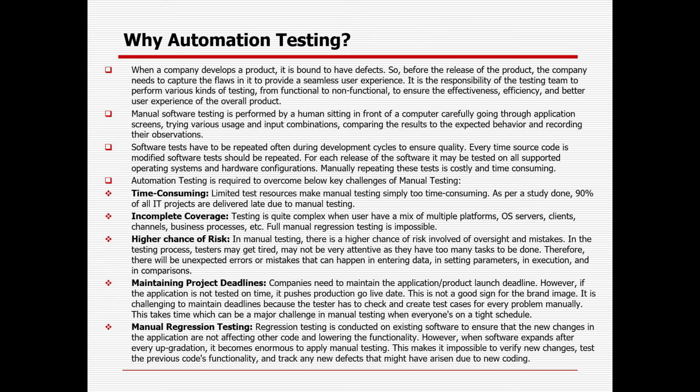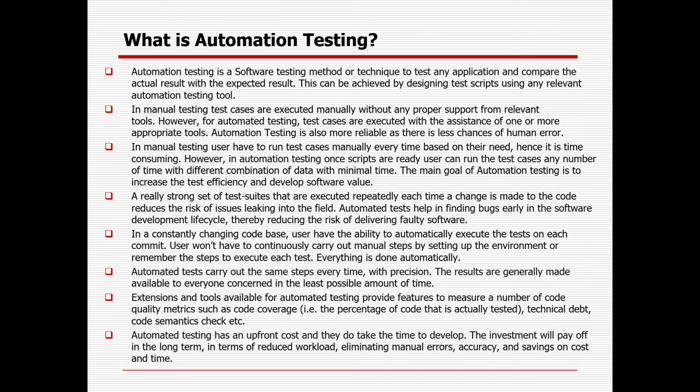Seven testing principles: testing should be done from the lower level to the higher level, from modular to the larger part. It follows the 80-20 principle: 80% of defects come from 20% of the area. Testing should be completed before it goes to production. Sometimes exhaustive testing might not be possible, so you can go with risk-based testing. Testing should be done by an independent party, and driven by the customer requirement.